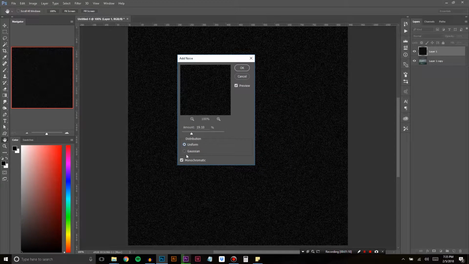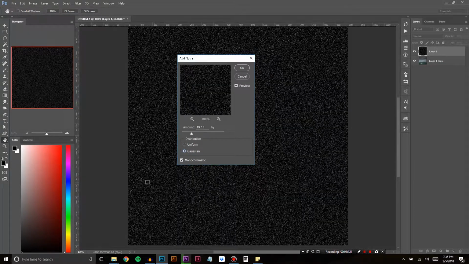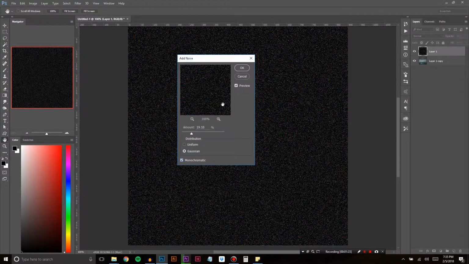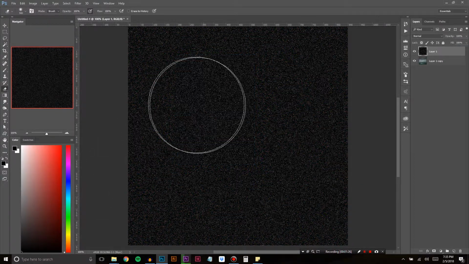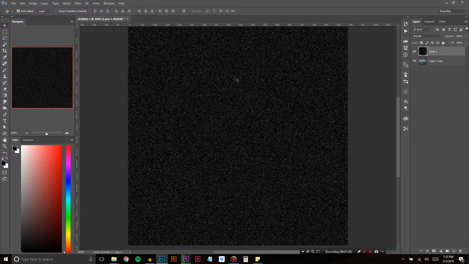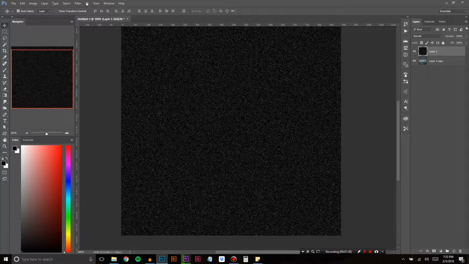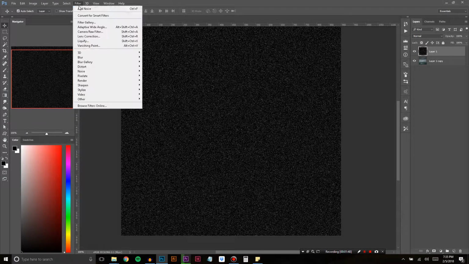I go with whatever's selected, and if I don't like it, then I'll go back and experiment more. But the main thing is I have this set to monochromatic, so not with the color, but with just black and white. And now we've got our dots and everything, and that's going to be what the rain's made out of. But next we need to make it look a little bit more like rain, and that's going to be Filter, Blur,